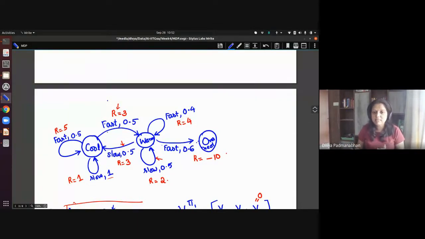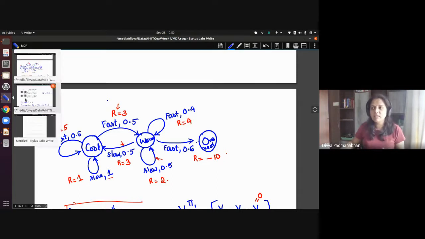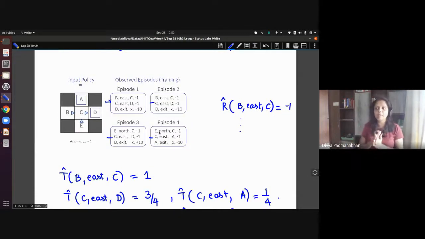If you go fast, there's some probability you will be warm, but there's also a probability that the engine stays cool. The similar idea applies in grid world. This grid is just giving you a platform on which you can try out and simulate all these steps.